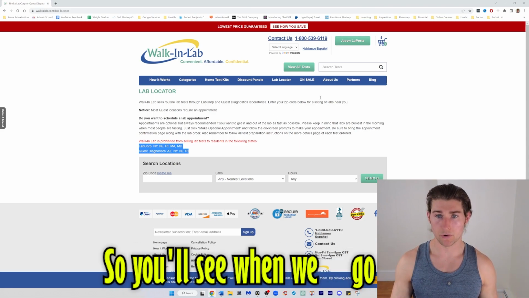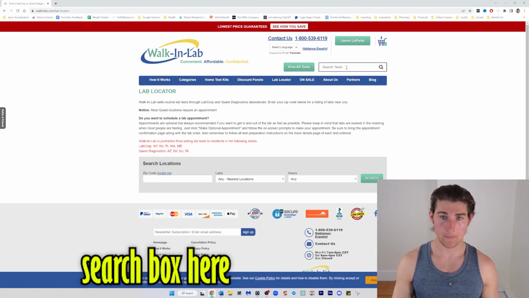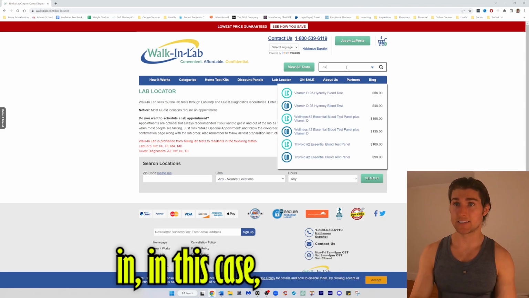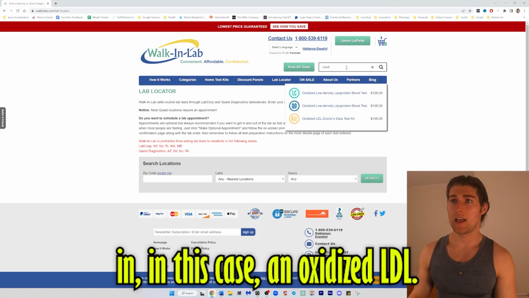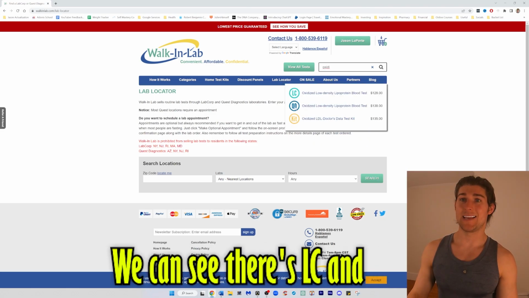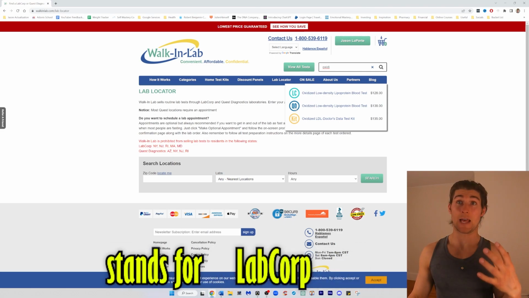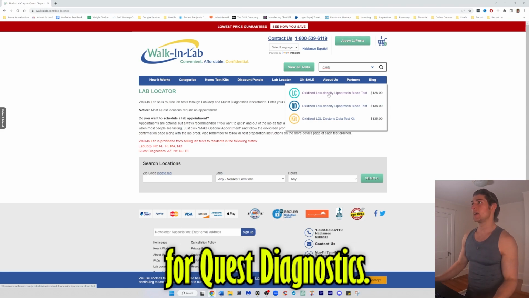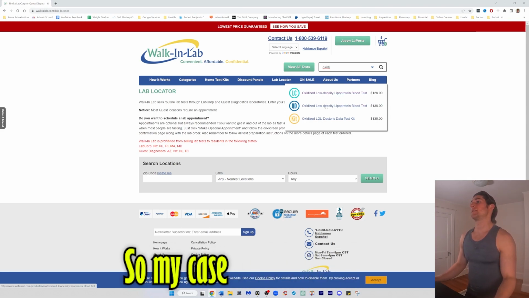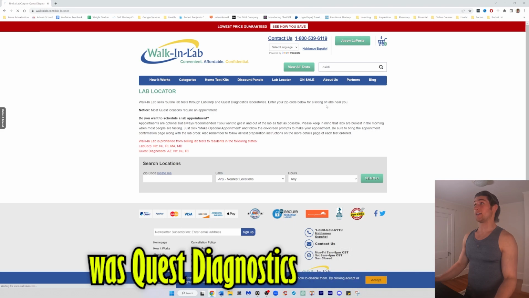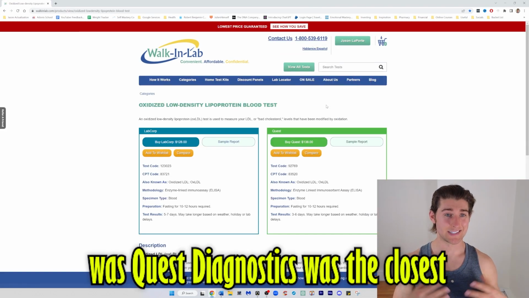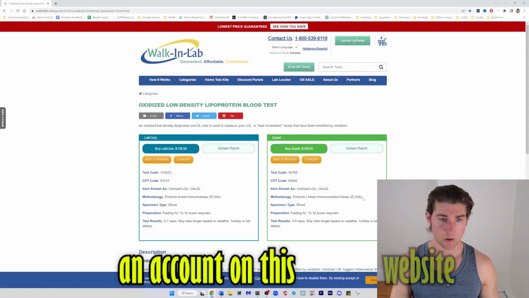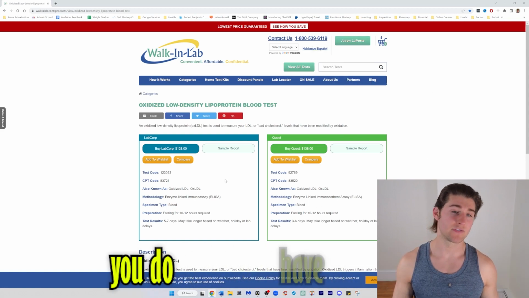So you'll see when we go into the search box here to search for whatever lab we happen to be interested in, in this case, an oxidized LDL, we can see there's LC and QD. LC stands for LabCorp and QD stands for Quest Diagnostics. So in my case, for my zip code, Quest Diagnostics was the closest facility to me. And you can basically just create an account on this website and you do have to pay out of pocket